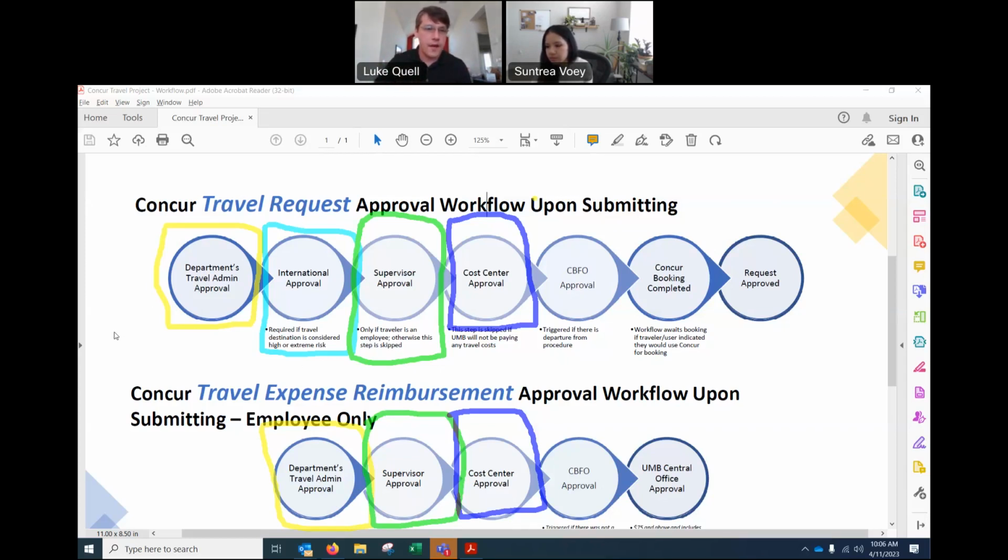Our next step, and this is the scary step, so I'm going to put it in red, is our CBFO approval. So Dawn Rhodes, our CBFO, our Chief Business and Finance Officer, is going to review any travel requests or any travel expense reimbursement that is outside of policy. And the biggest pieces of this are